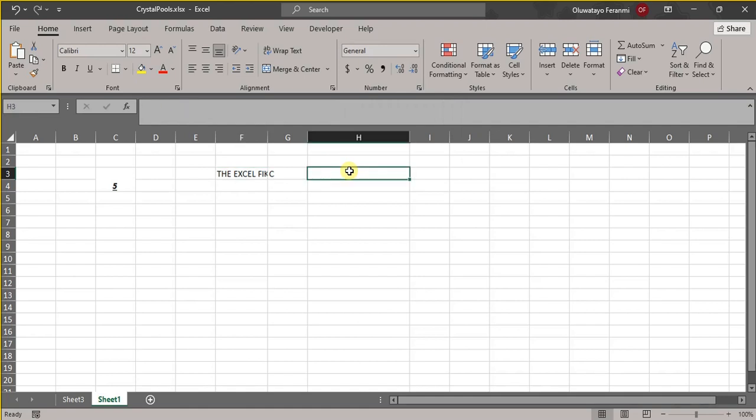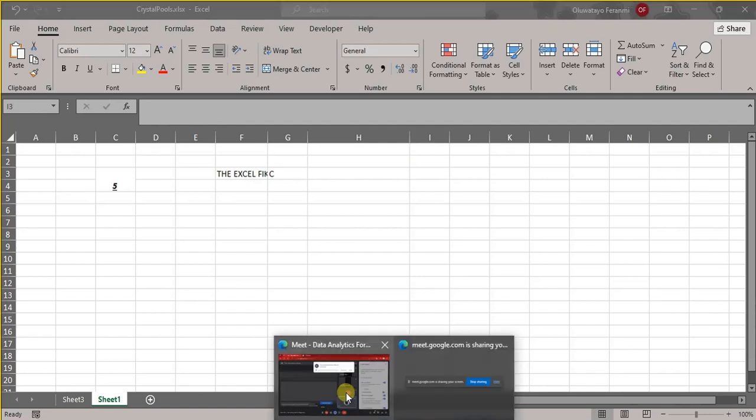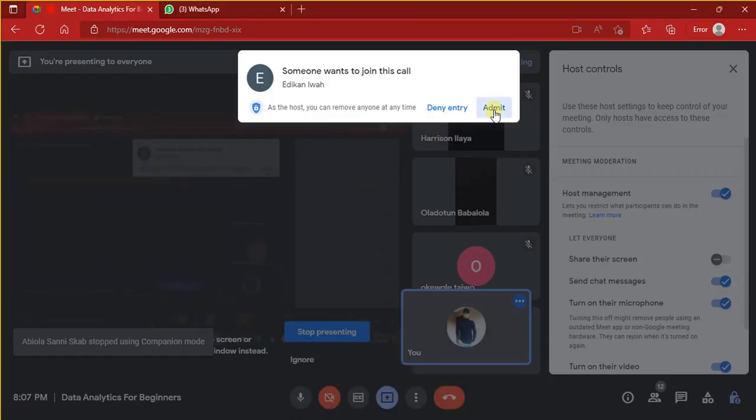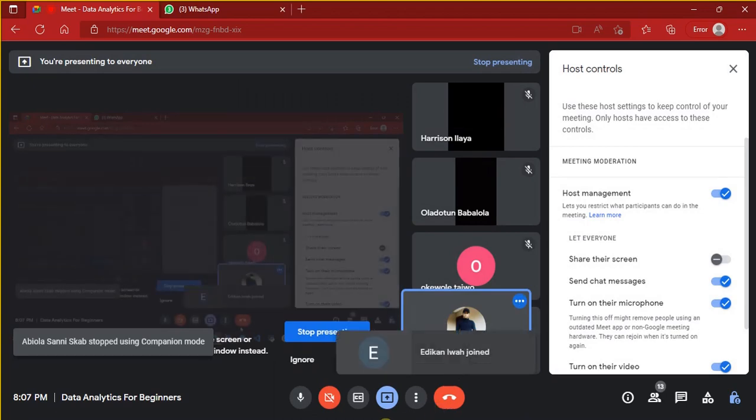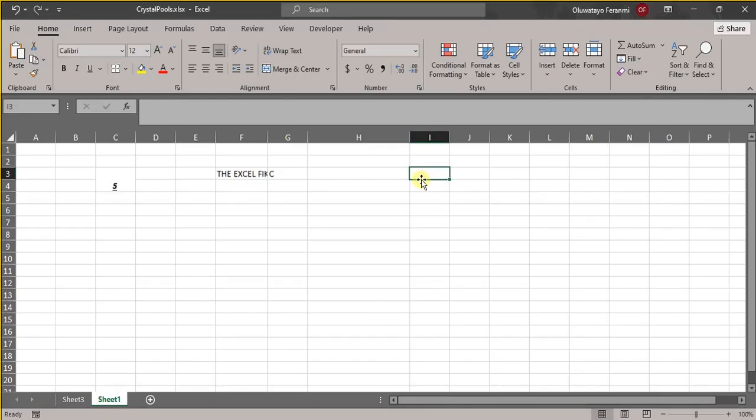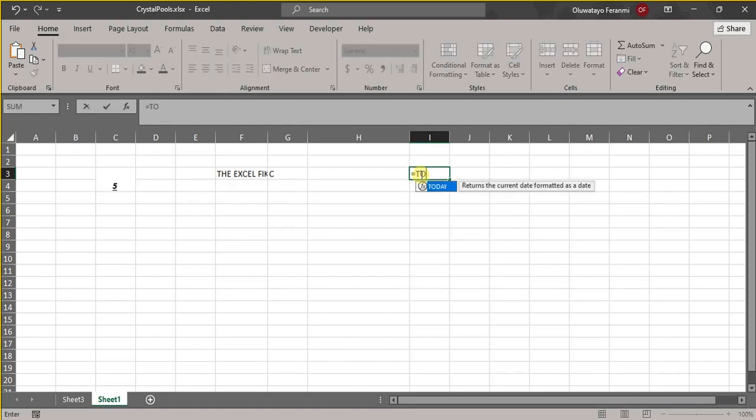Now suppose we have, let's say, a date. So I'm going to use an Excel function. Suppose I want to use an Excel function to bring in today's date. This is one thing that you will eventually know, so we'll get there. This is a function in Excel that will return